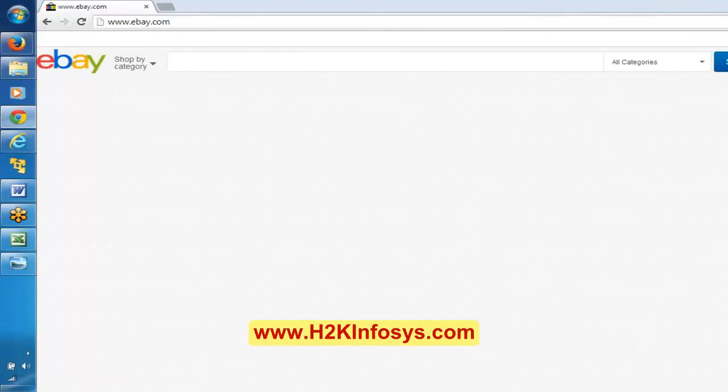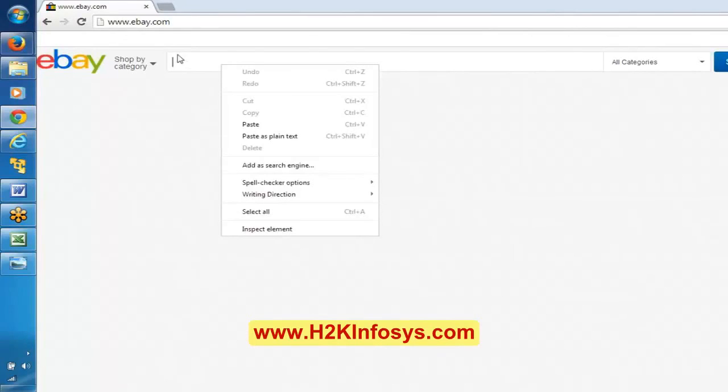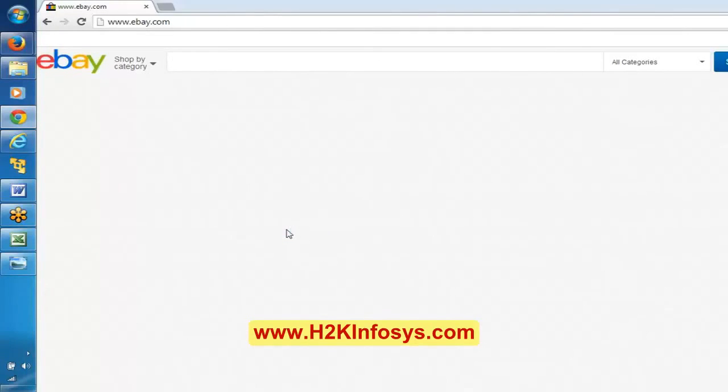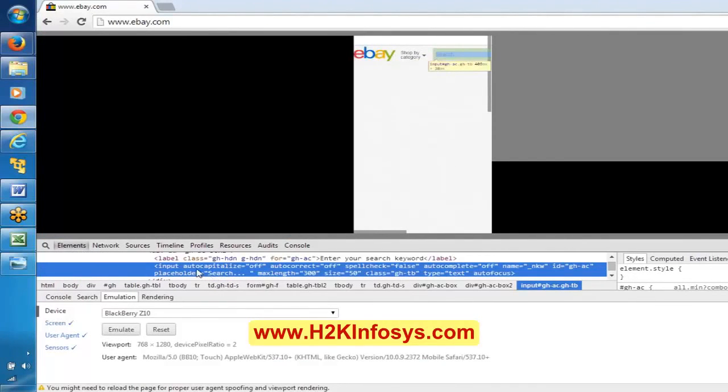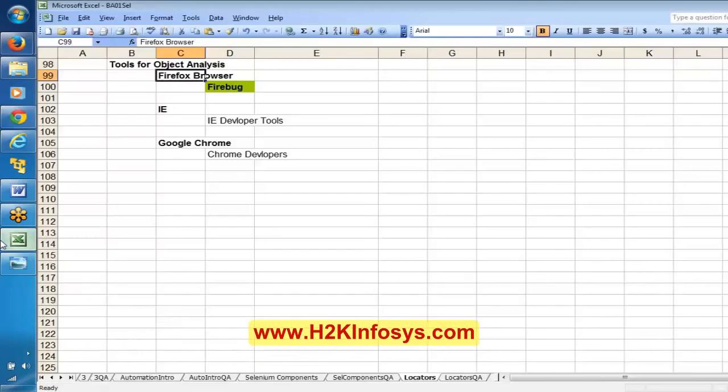Now everyone observe here, I'm right clicking on this particular text box. Here in Google Chrome, there is something called inspect element. Now see here, you see inspect element. If you closely observe here, there is a name, and there is an ID. And what is the ID? JH-AC. Here in Google Chrome for this eBay application, the ID of this particular text box is JH-AC.